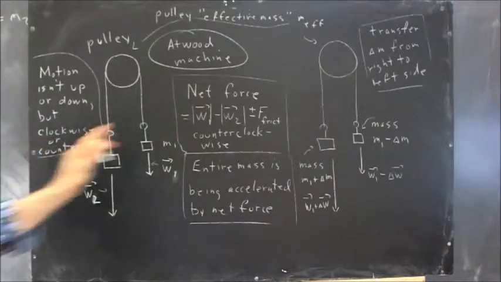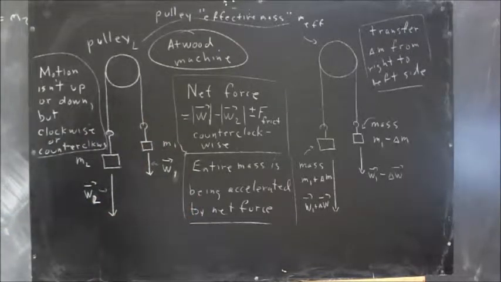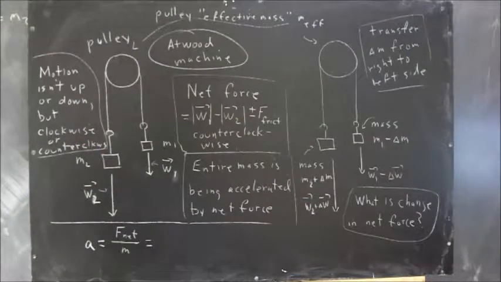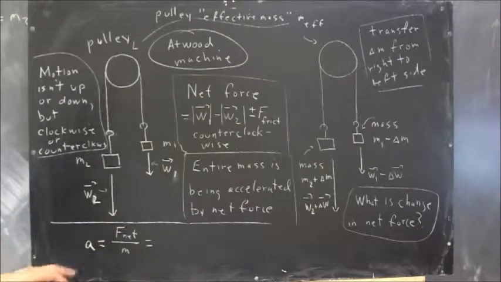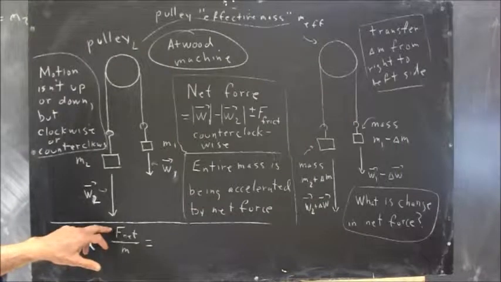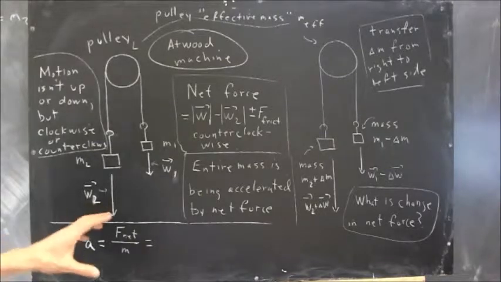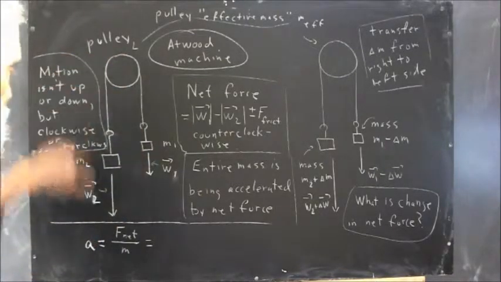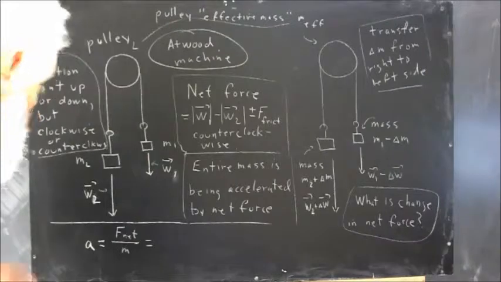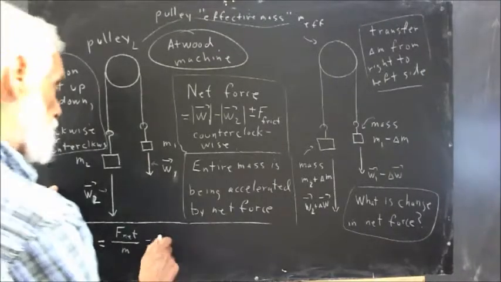If you keep those three principles in mind, you'll have a much easier time dealing with the Atwood machine. Now, what's the acceleration of the system? Well, the acceleration is the net force divided by the mass of the system. What's the net force? Let's assume for the moment that the system is moving in the counterclockwise direction, so that the net force is going to be